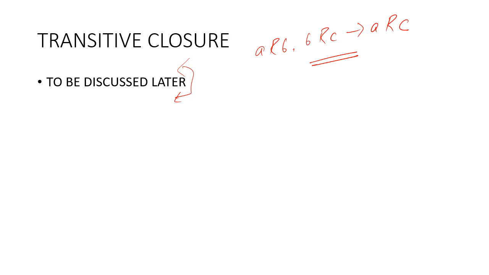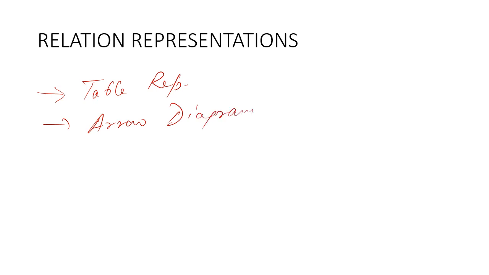Now let's talk about the different ways of representation of relations. We have already seen relations can be presented in two ways. One was when we list the relation pairs, and second was when we give the condition for the two elements to be related to each other. But we can also represent relations in four graphical manners, as I mentioned earlier. The first one was the table representation. Second is the arrow diagram. Now these two methods are of not much use as far as relations are concerned, so we'll just give them a brief intro and will not go into much detail of these.